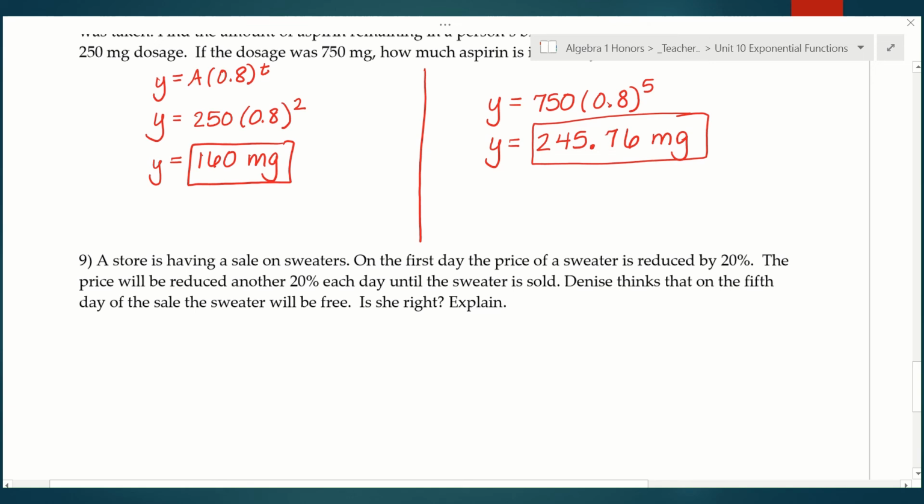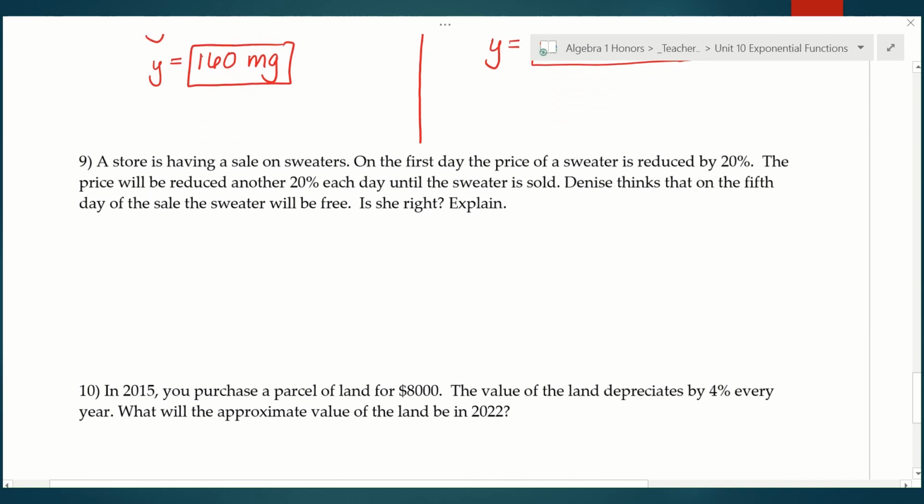And if I continue to do that, yes, it's going to get lower and lower, but think about what the graph of that would look like. Is it ever going to get to 0? Does an exponential decay function ever reach the x-axis? Does it ever get to 0? No. It gets really close, right? Those decimals get smaller and smaller, but it never actually reaches 0, okay? So I'm going to say no,